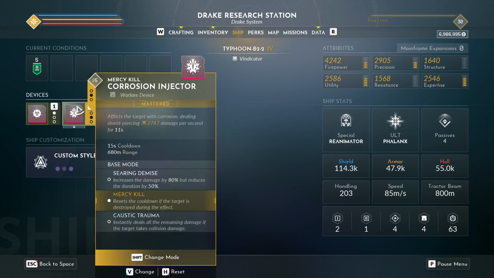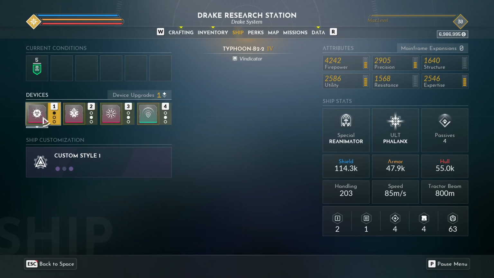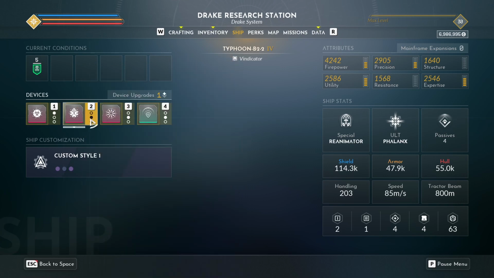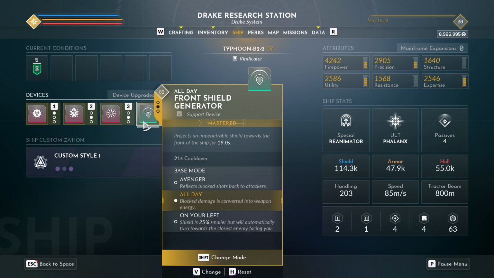And so this perk makes us space our activations a little bit, like 1, 1, 2, 3, 2, 1, 2, 3, 4, 3, like that. And the front shield is just good because it reduces damage you take, and it lets you protect yourself